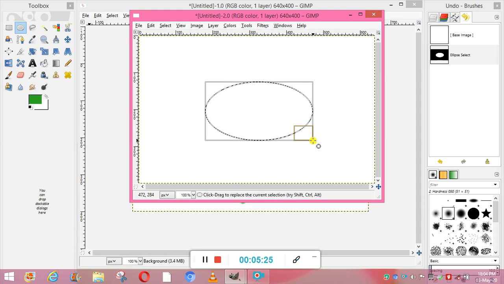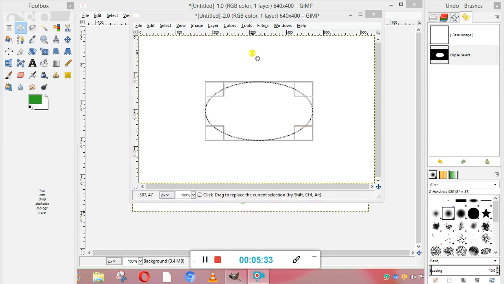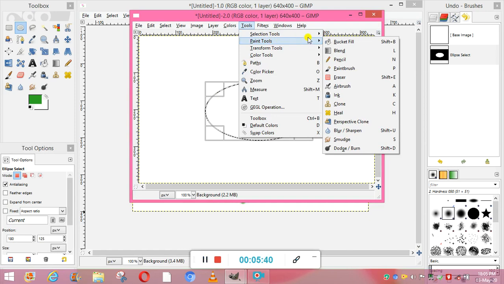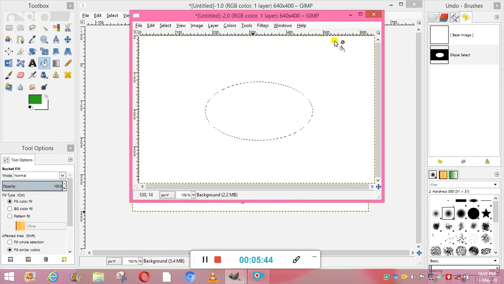Now I want to fill color in this. So how am I going to fill the color? I will go to the tools menu. In the tools menu I'm going to select the paint tool, and from this I'm going to select bucket fill. Now this icon has become like this because it is a bucket fill.